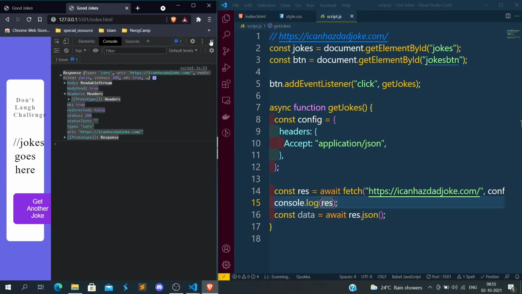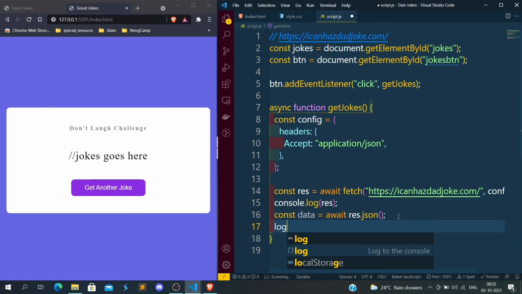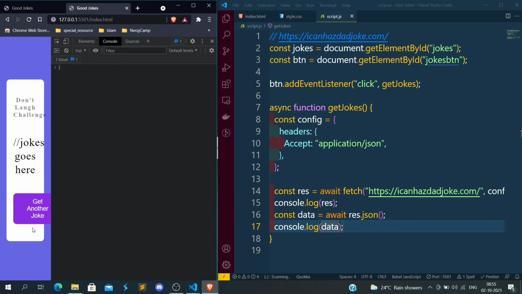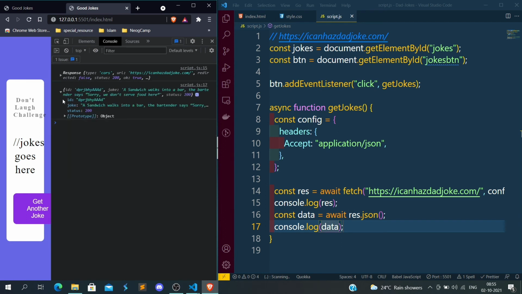So that is why I have given another line, await response.json, and then if I print the log of data, it will give me the actual data. If I hit this button, it will call this function. This function is calling an API and giving the response, and then I'm printing the response. This is the actual data I'm taking; the one above is not the actual data. I convert this data into JSON format, and here we have the ID, the joke, and the status.